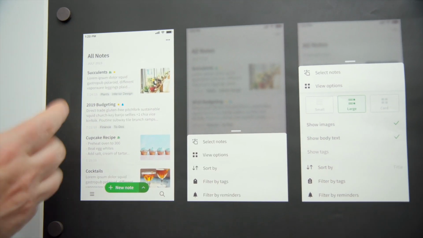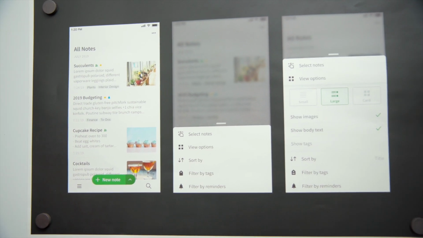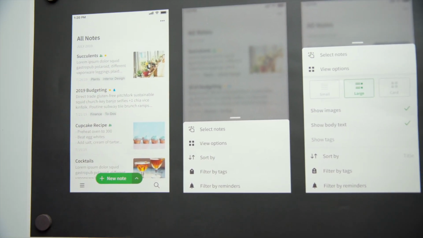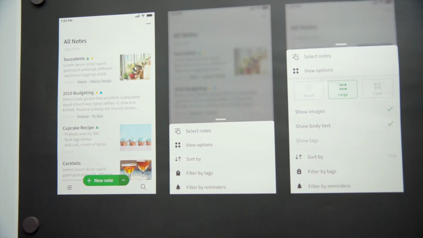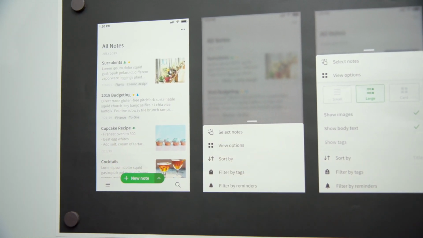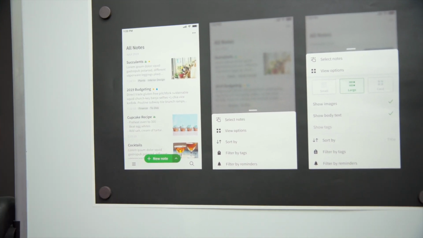That's pretty good. So no matter what note list I have, whether it's from All Notes or from a notebook or a search result, I'm always going to see these tags displayed. Right, and for any users that don't use tags, you'll see that we just simply don't display them. Well, that's great. What if I use a lot of tags, but for some reason I don't want to see them on this list? Sure.